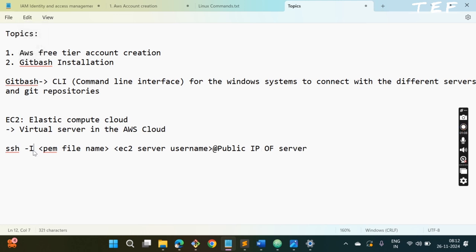Okay, so SSH here, small i. You make it a small i: ssh -i, your pem file name, your EC2 server username, and the public IP of your server. This is the command to connect to our server. Here, my pem file name is DevOps. So ssh -i, and the pem file name is